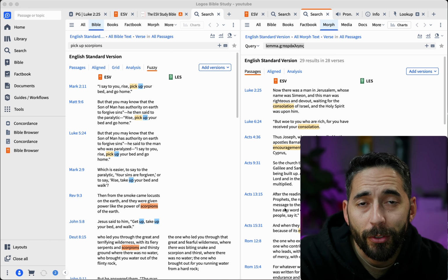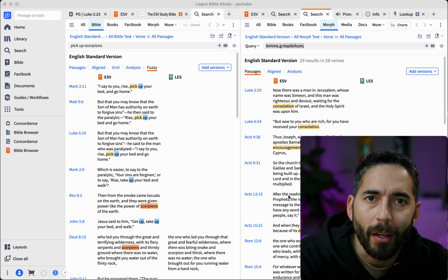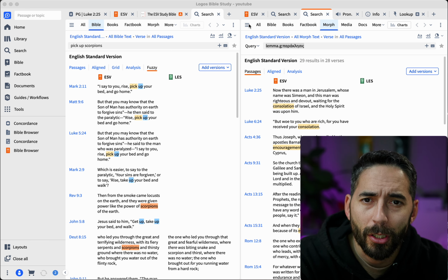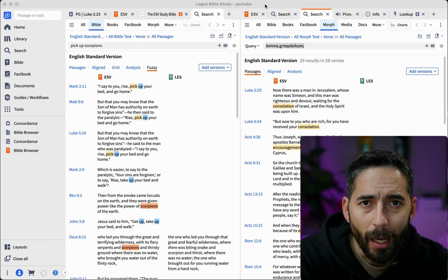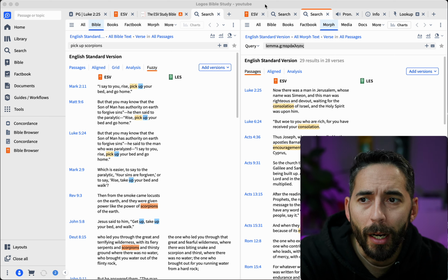And ChatGPT is free, right? At least version 3.5 or whatever it is. And then also Google search, and there's other resources you could use on the internet that are free, like Blue Letter Bible, stuff like that. So we'll just do a quick comparison of a few things that I typically do, and we'll see how it goes. So let's imagine